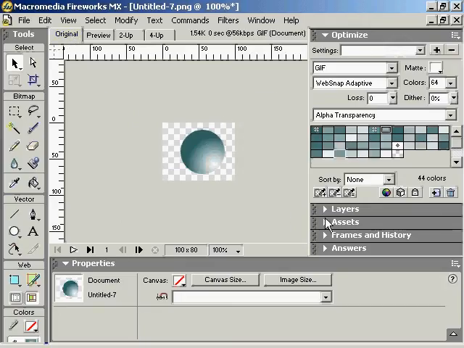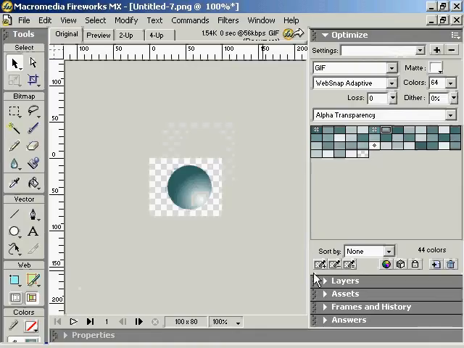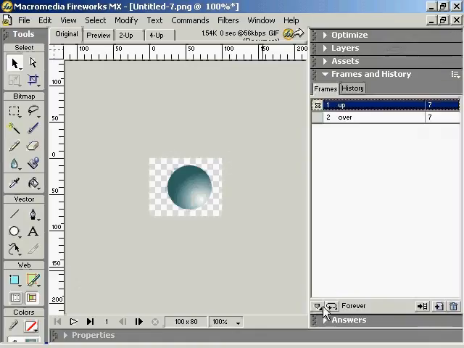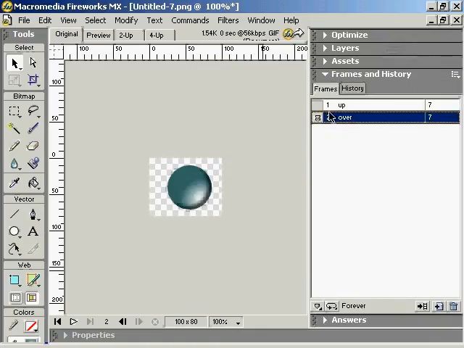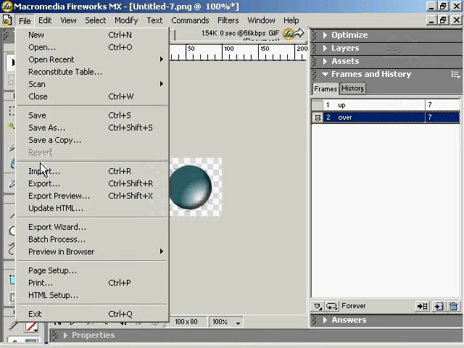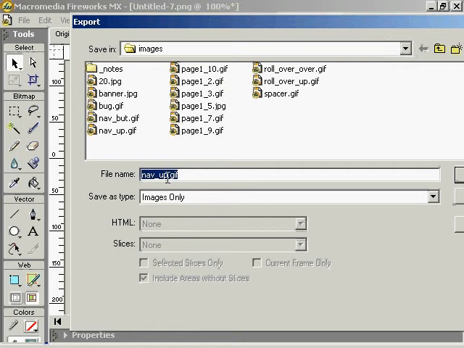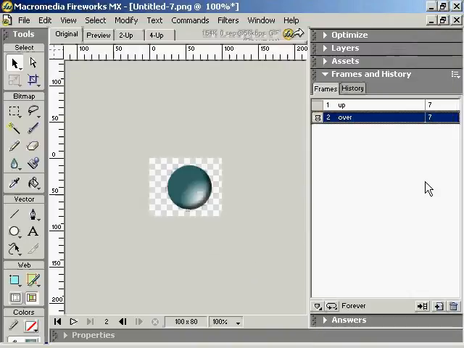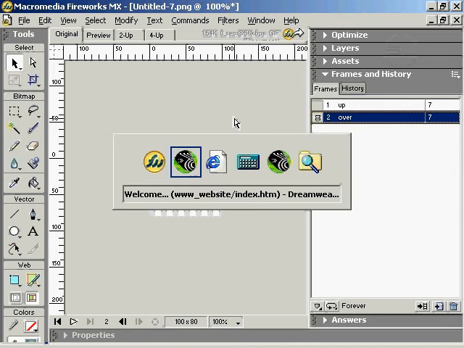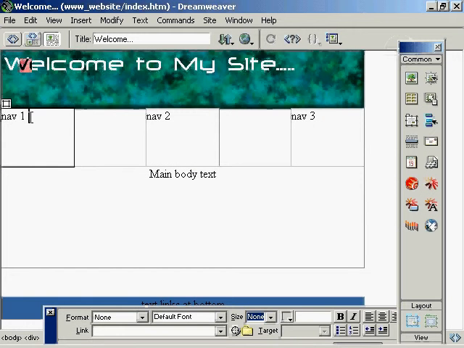I'm just going to close down our properties here, we don't need this at the moment. Frames and history, and I'm going to go to Over. Now I'm going to go File, Export, and this is just going to be called Nav Over. And click Save. So now if I come back to Dreamweaver, and if I delete this text here, and if